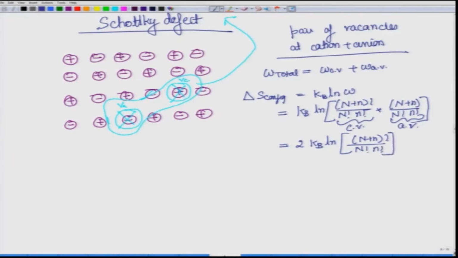Therefore, if we look at the number of cation vacancies divided by n, which will be equal to anion vacancies divided by n, which will be equal to, for Schottky, n by n. It can be written like exp delta S f by KB